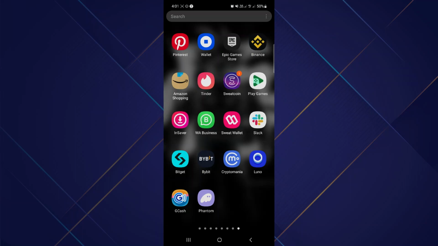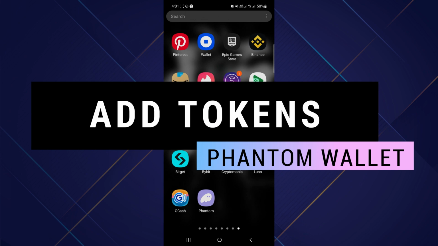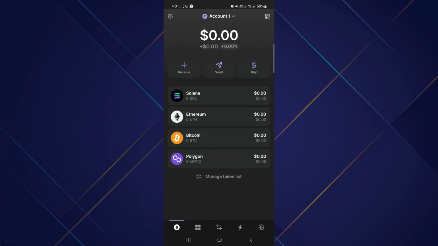Hey guys, in this video, I will show you how you can add tokens on Phantom Wallet. So make sure to watch the video till the very end. And let's begin. So first of all, open Phantom Wallet app on your mobile device and log into your Phantom